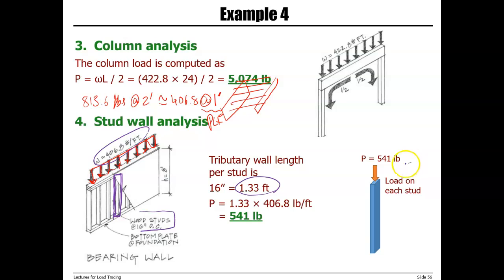So you can see here that the load transferred to each individual stud is 541 pounds, but the load transferred to each column supporting the beam is 5,074 pounds. And that is what we expect. When we have two columns supporting the beam, the load transfer to the columns is much higher compared to a wall system where we have multiple studs supporting the load transfer to the bearing